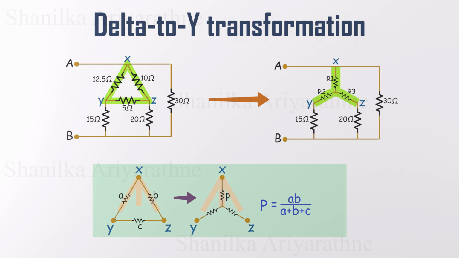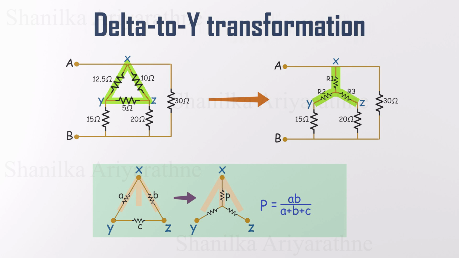To find the value of each Y resistor, you multiply the 2 Delta resistors connected to that node, then divide by the sum of all 3 Delta resistors. Simple enough, right? The formula might look a little intimidating at first glance, but don't worry, it's just a matter of plugging in the values. Let's walk through it step by step and see how this transformation reshapes our circuit into something far easier to